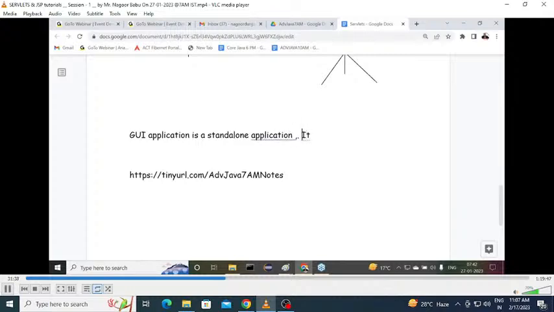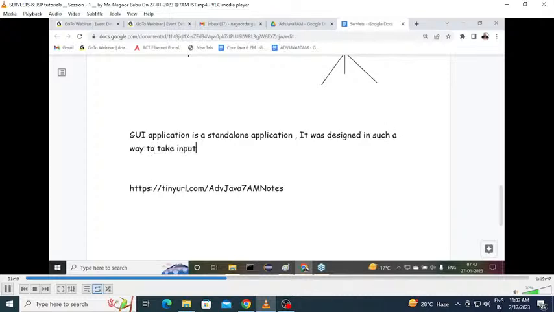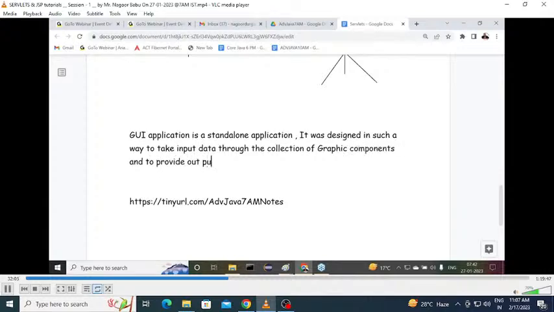Right, sir? It's a standalone application. It was designed in such a way to take input data through the collection of graphic components, and to provide output data through the same collection of graphic components,